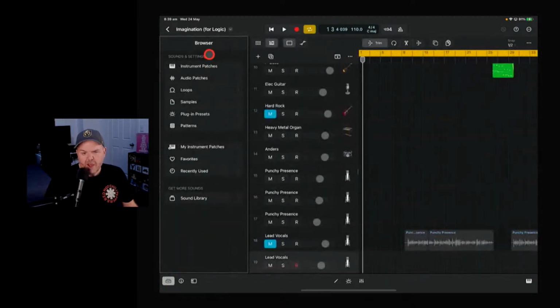If we tap on that one, we're going to get this lineup of plugins, patches, loops, samples. Everything you bring into your project is here. And this is probably the biggest difference for a GarageBand user: you don't go out to a browser window and swipe through to find your instrument. Everything is here, whether you're bringing in a loop, creating a new Alchemy patch, or recording a guitar or a microphone, which we'll do a little bit later as well. Whatever you're doing, it's all in here, including the sound library.